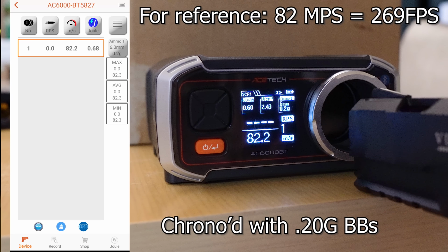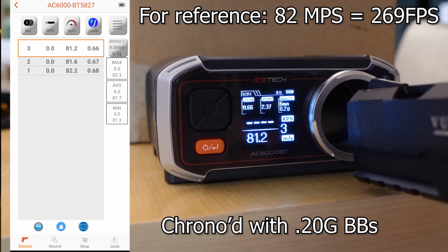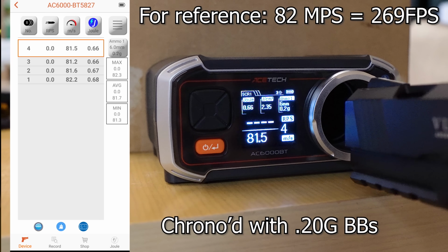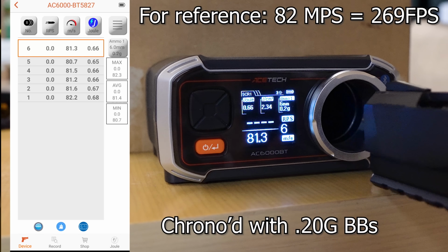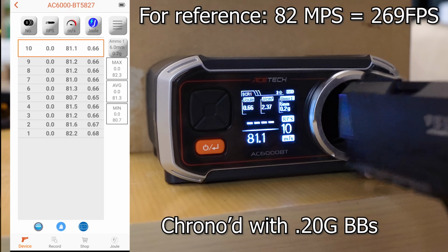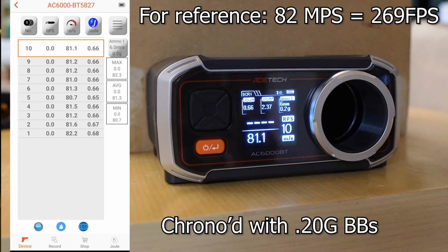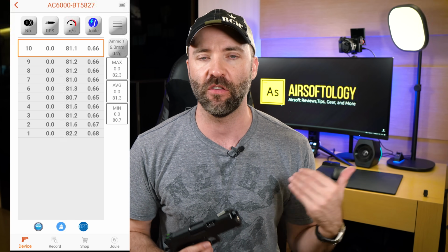So taking it out to the chrono, we see actually a little bit lower numbers than we'd expect. Normally you think over 300 for a pistol, but in this case it's a little lower, but that is because you do have the Revo system. If you want to change that, you can, and that is the coolest part about this pistol, is you're not stuck with the power level that the factory gives you. You can actually make some adjustments up and down, and if your field has certain limits or rules, with a very simple adjustment of a flathead screwdriver, you can adjust that power level, and that makes it so nice and